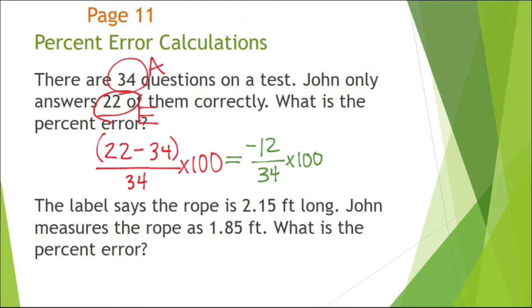So if the negatives throw you off, you can kind of leave them off to the side. They're not going to be the biggest deal here, but they will be a part of our calculation, and they do give us some information here. So I did my subtraction first. Now I can feel free to do all the rest of this division and multiplication. And we get negative